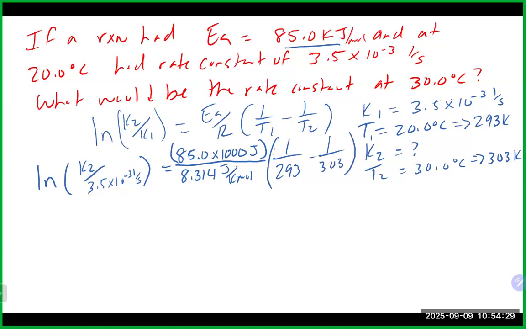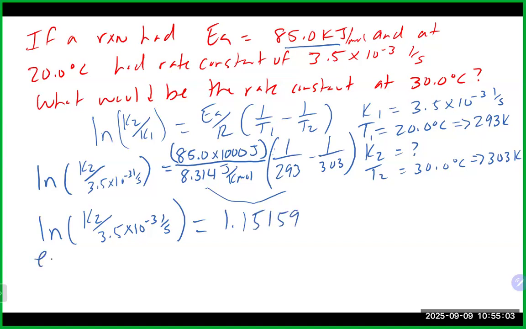303 in this case. All right, so I'm just going to clean up everything on this side, I think. So we're going to go 1 divided by 293 minus 1 divided by 303. We're going to then multiply it by 85 times 1,000 and divide it by 8.314 there. So that should give me a natural log of K2 over 3.5 times 10 to the minus 3 reciprocal seconds equals